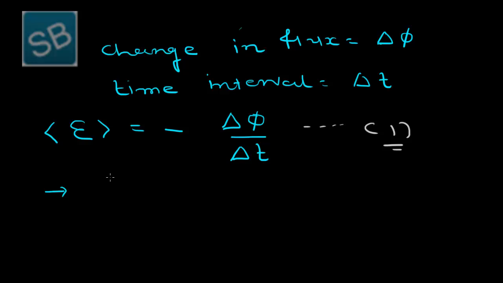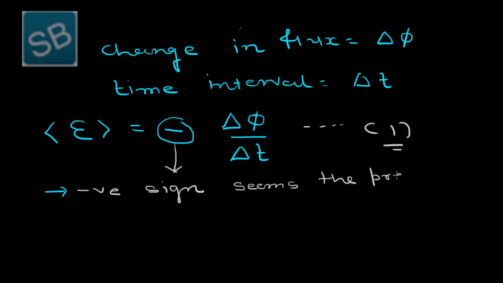Now, here the negative sign is due to the direction of induced EMF, and this is with the help of Lenz's law. So here you can easily assume which pole is facing the coil. So actually this is the north pole, and